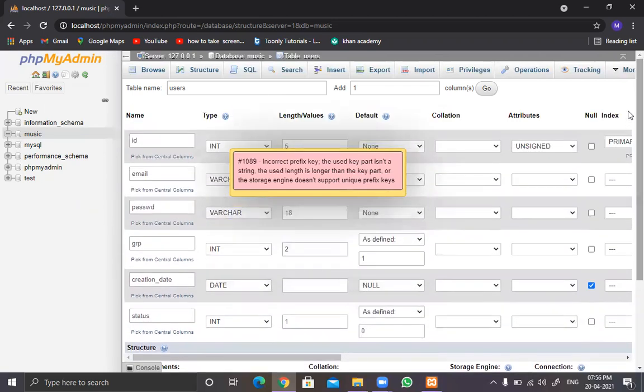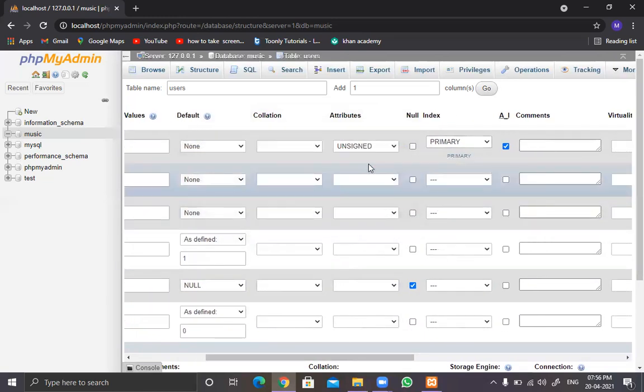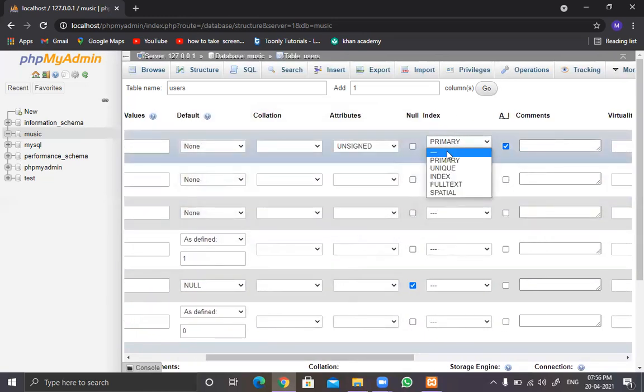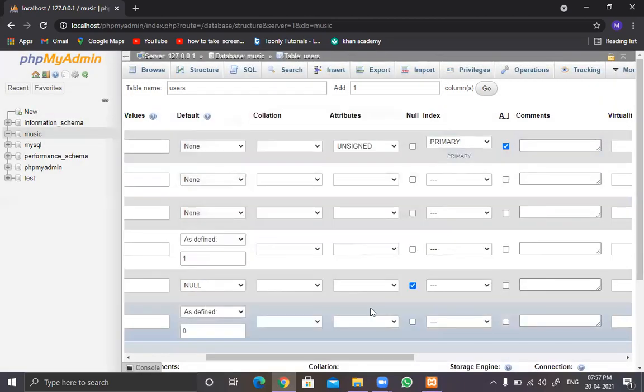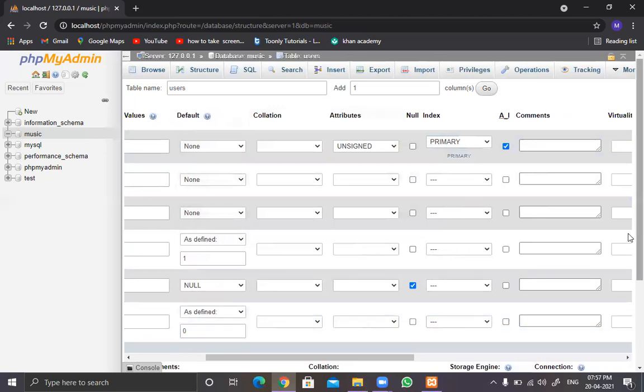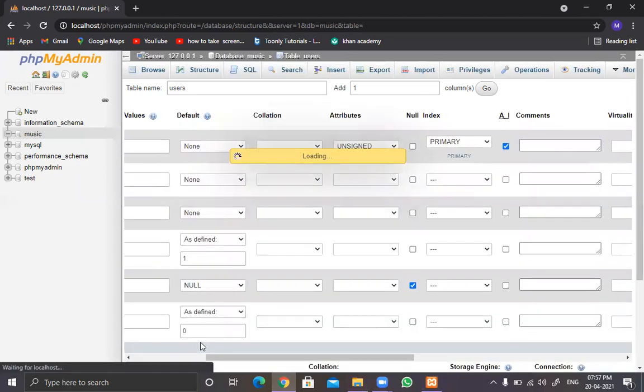So what we can do here is, for this primary key, let's remove this first. Specify this as primary key. Keep the size as blank. It will automatically pick, and click on the save button.